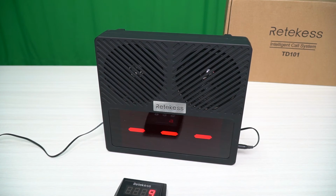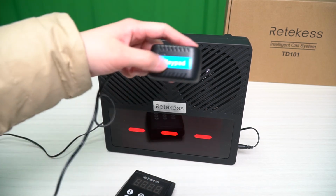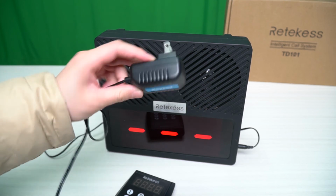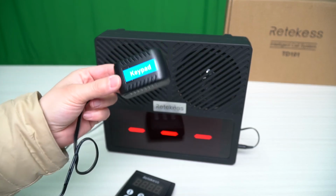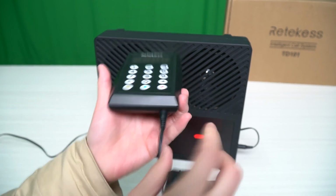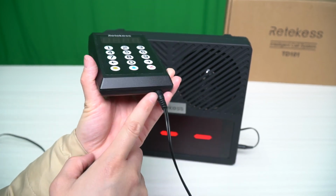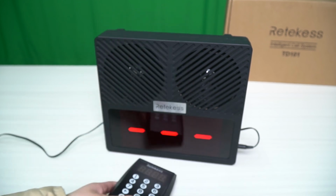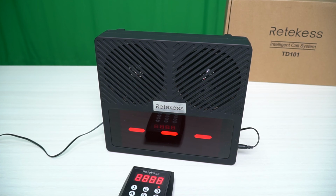Also for the adapter, you can see. This is for the keypad adapter. So once you receive it, please check it carefully and then connect it with the right one, or you may damage the system. Okay, it is a simple show for our TD101 calling system,